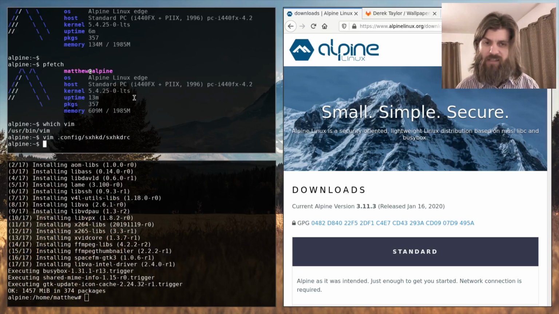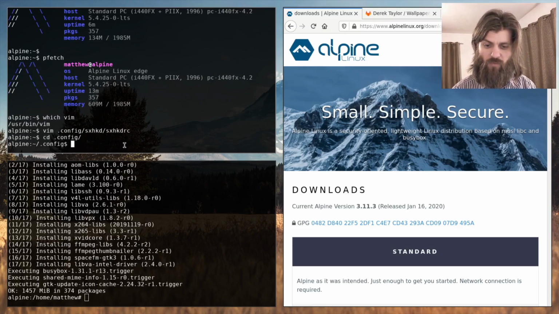So that's how I edited that. The configuration file for controlling your hotkeys is there. In order for bspwm to work, that's got to be there. And then the other thing that needs to be there, so if I change directory into the config,